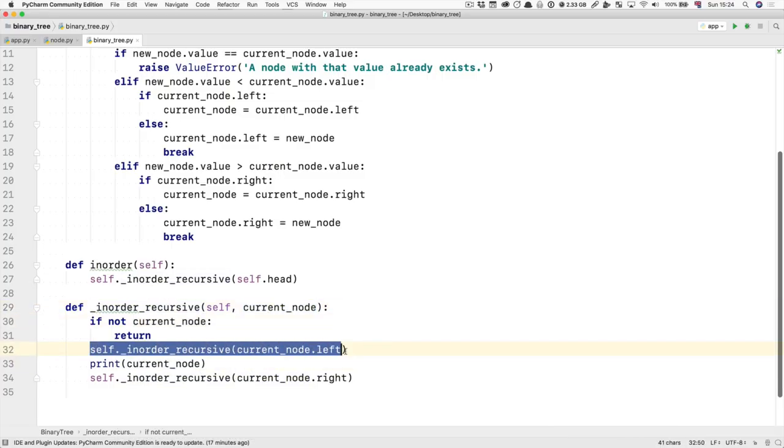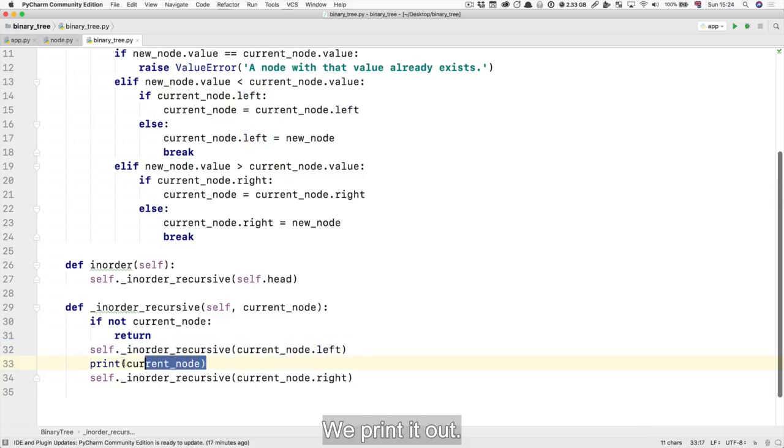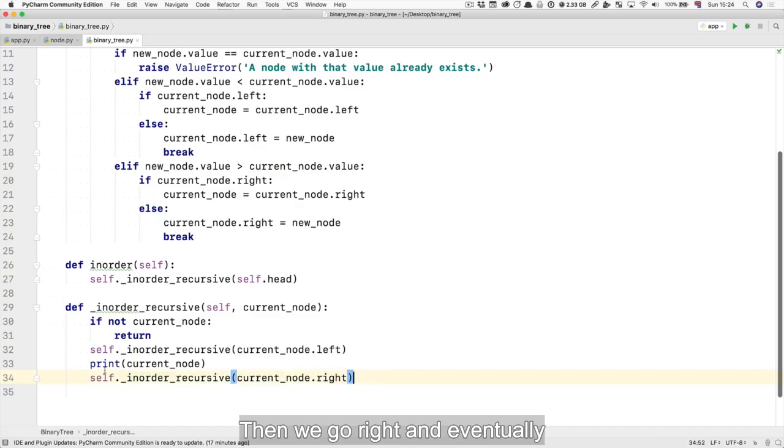Eventually we reach the leftmost node of the tree. We print it out. Then we go right, and eventually we are at the right